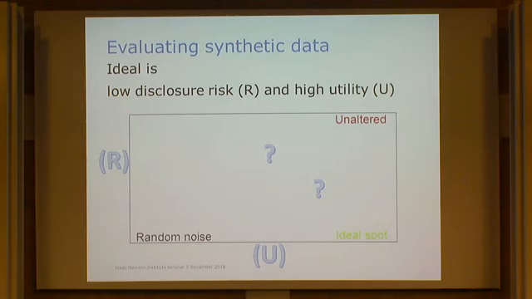I'm sure most of you are familiar with this sort of graph. If you have random noise in the bottom left-hand corner, you have low risk but no utility. Up in the top corner, if you have unaltered data, you have high risk of disclosure but optimum utility. We're hoping that our synthetic data is sort of down here compared perhaps to other methods of alteration, and that we may be getting better utility for a lower risk, but that really has to be shown yet because